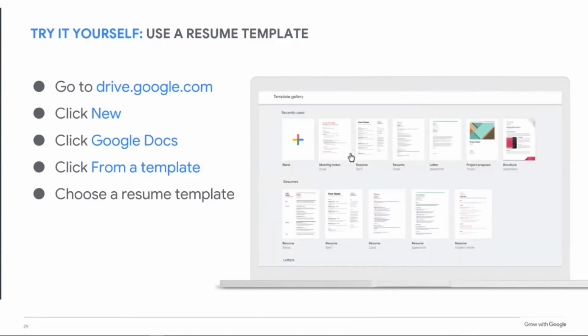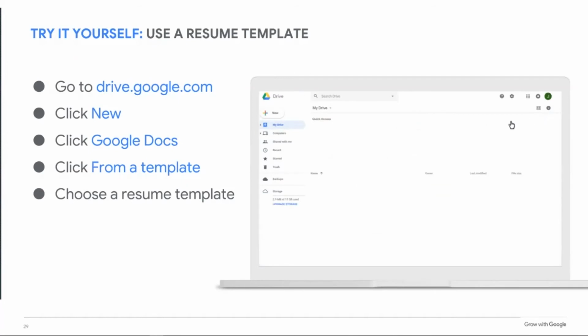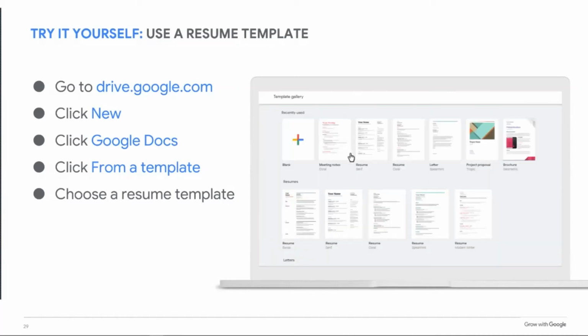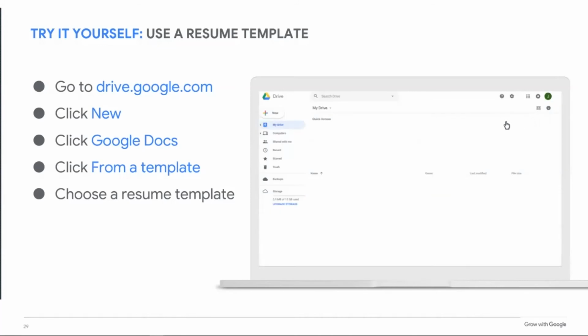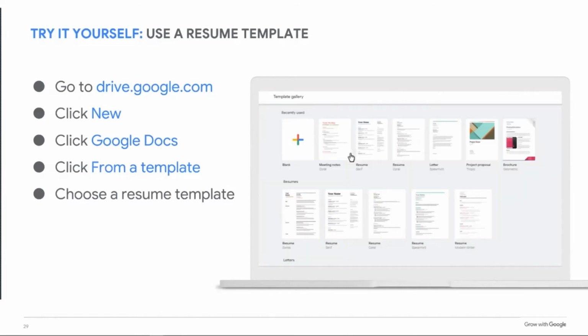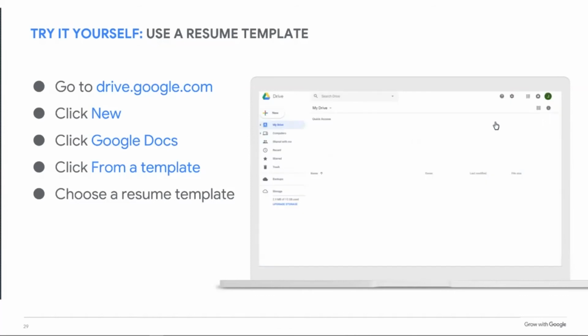Now, whether you want a creative one, like we talked about last week, or whether you want a very professional one will depend on the industry that you're in. If you're in a very creative industry, you might want a creative one. If you're in a very professional business type industry, you want a very professional one. If you don't know, talk to somebody that works within that industry or within that company and see what is best for that particular company.